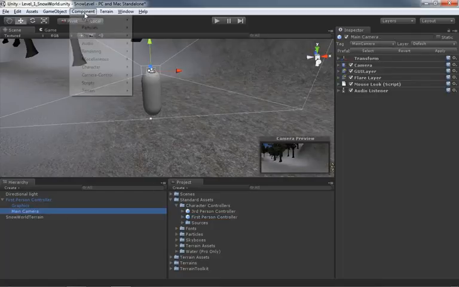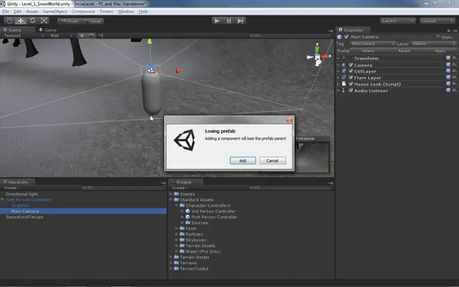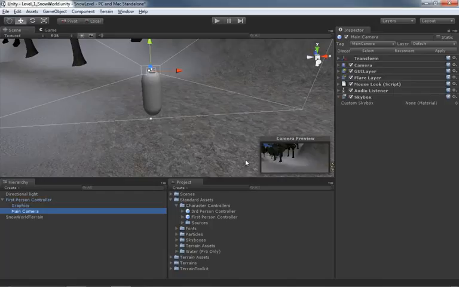So select your main camera, come under Component, jump down to Rendering, and we'll choose Skybox. And again, we get the warning this will lose the prefab parent, which is fine. It doesn't break anything. But notice it's no longer highlighted blue because the child is now different than the parent, because the child now has a Skybox component bolted onto it. Now here we can see the Skybox component, which has only a single property, which is the custom Skybox. This is a reference to a material, specifically a cube map material,